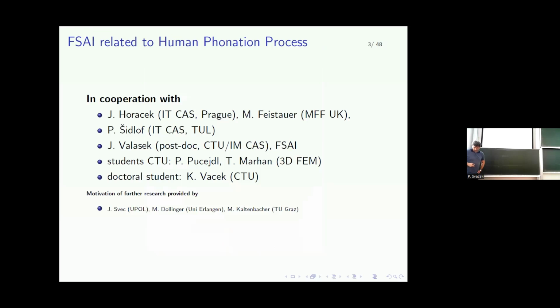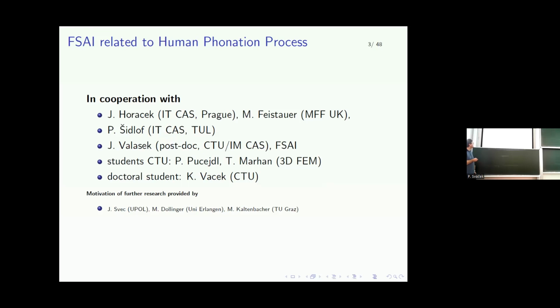So this research, what I'm going to present here, is a research which was conducted with several other people. I would like to mention at least some of them. The main motivation comes from Dr. Jaromír Horáček, who is from Institute of Thermomechanics at Czech Academy of Sciences in Prague, and who provided some basic motivation of the research. And they also have some experimental results available. So previously I have cooperated with Professor Petr, who motivated the application of numerical methods for this case. We have also cooperation with Petr, who is a specialist in the